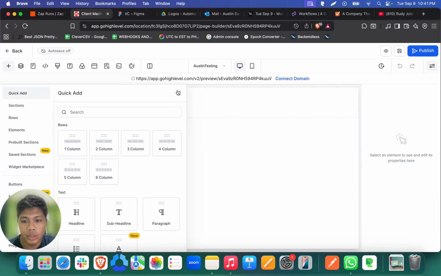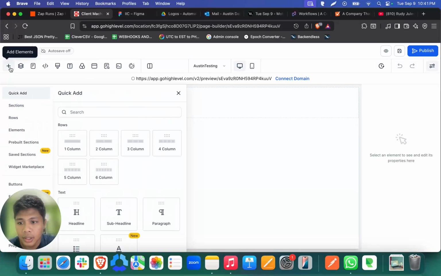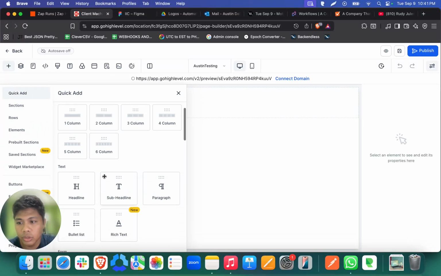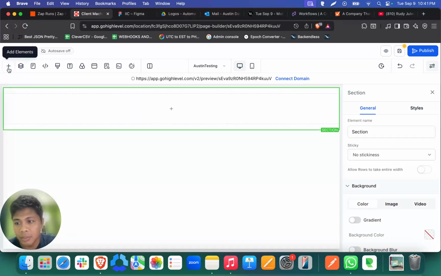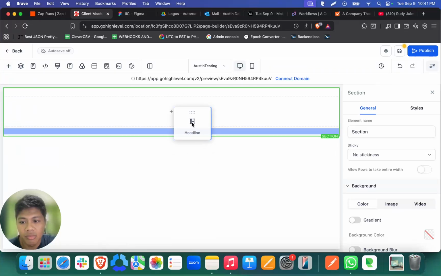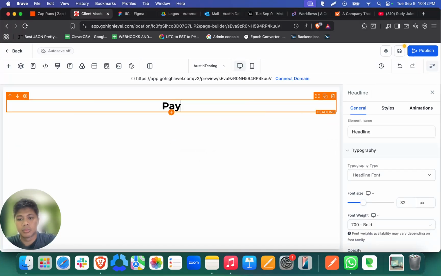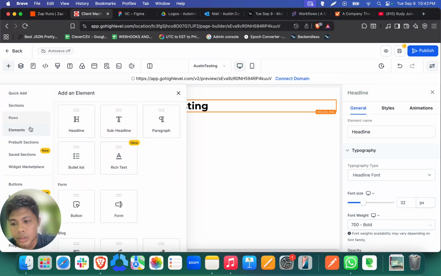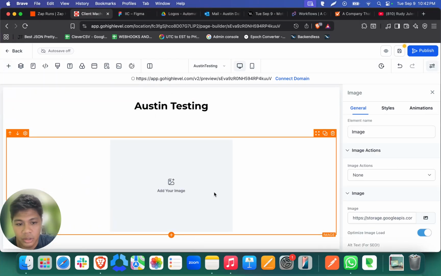So this is the actual UI, and all you just need to do is drag and drop some specific elements that you want. Say a headline, like Austin testing, and then you could add an image. It's in elements, and then image, then drag the image there,